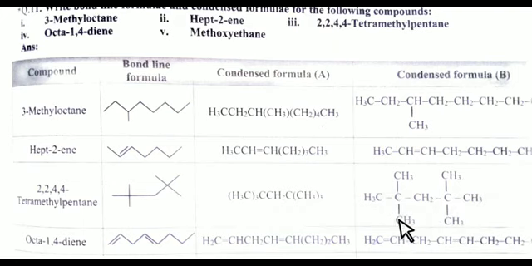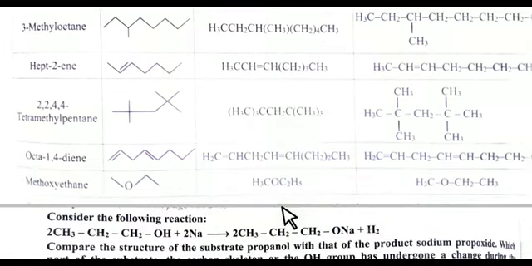Three CH3 are attached to 1 carbon atom. See here, how can we condense it? CH3, CH3, CH3, then carbon and then CH2. Now the next is